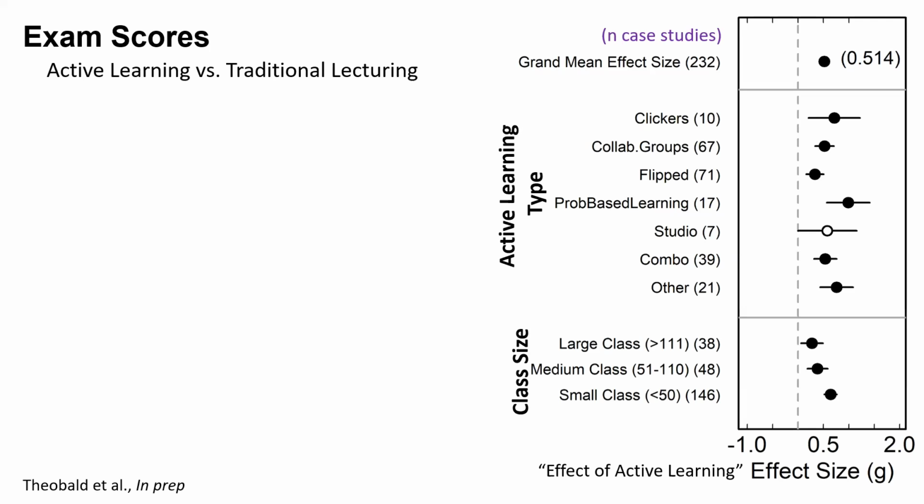Any other questions? Okay, you first. I was curious, do you know what order they were taught? Like, they do the traditional and then the active learning, or they do the same order? Yeah, that's a good question. So sometimes they taught it in the same order. It kind of varied by study. Some taught it in the same order, like section A would be active learning, section B would be traditional lecturing.